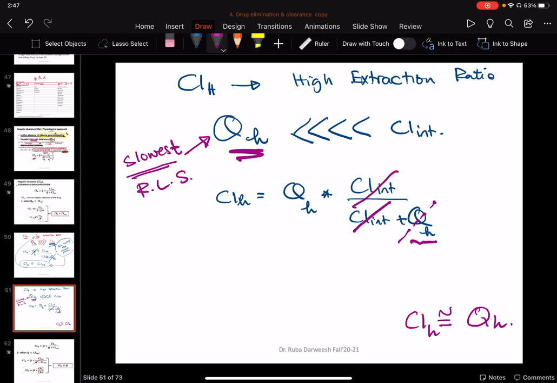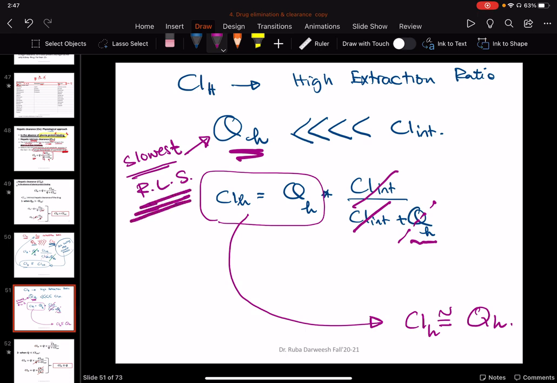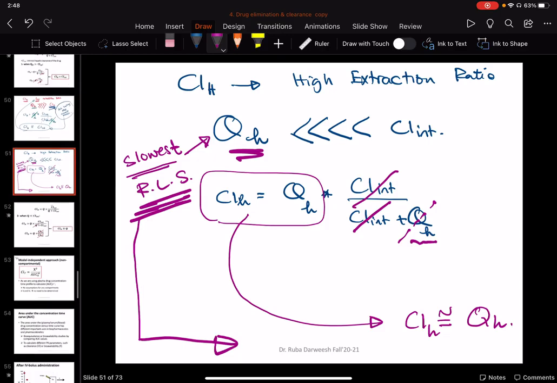So accordingly, this would strike out the intrinsic clearance at both sides, and then the hepatic clearance would be estimated to be equal to the hepatic flow. And again, as I mentioned, the rate limiting step would at the end determine or control the total hepatic clearance in this case. Okay, and I will stop at this point to continue with